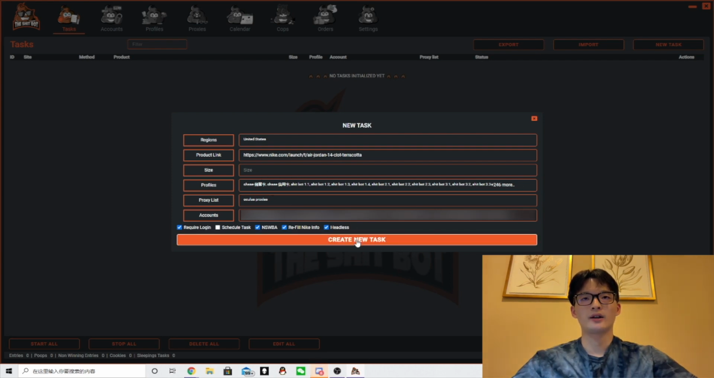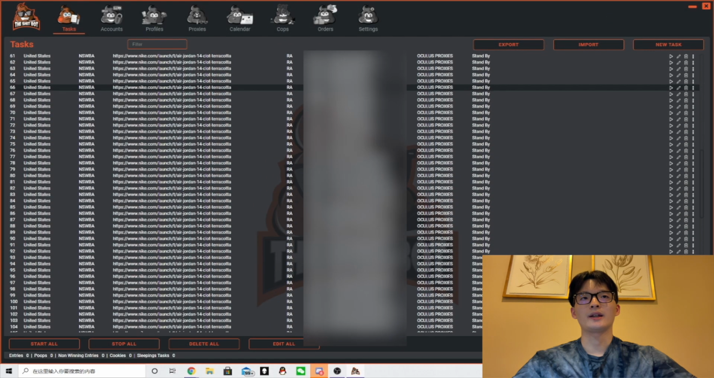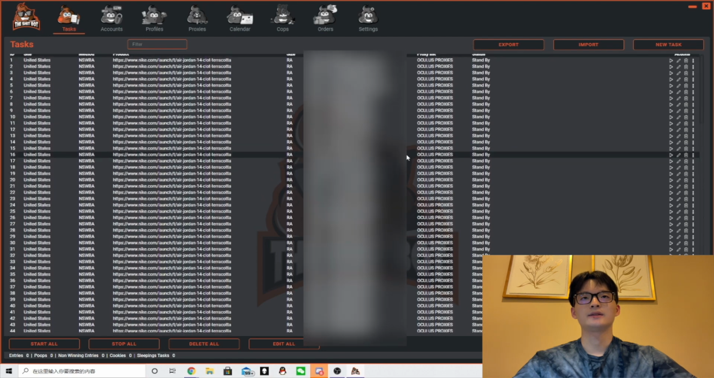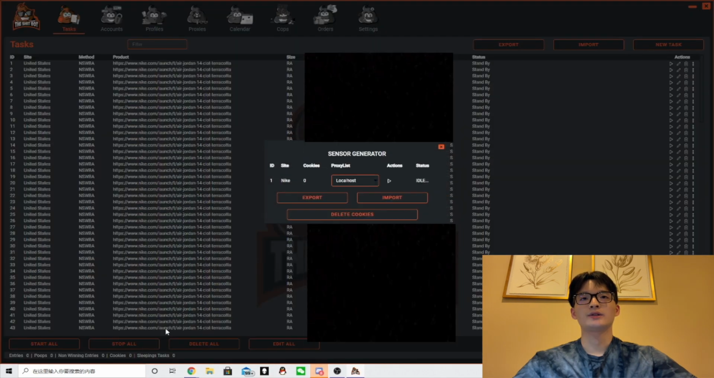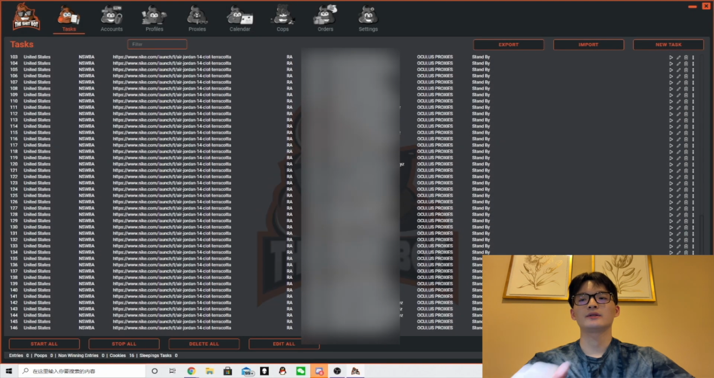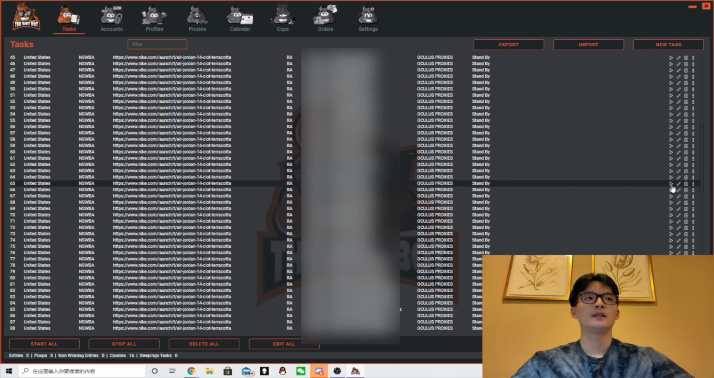So when I click create a new task, right now everything is going to be right here, and RA, which means random size. So let's just generate some cookies. Let's generate 4. Yeah, 4 is enough. So I'll just find a random task and click start. So they're going to start processing everything,